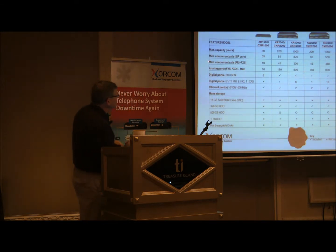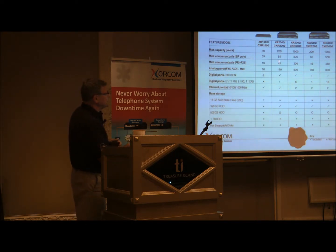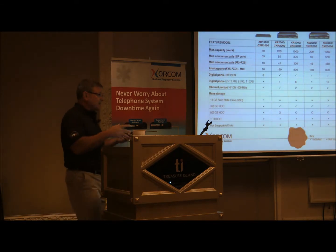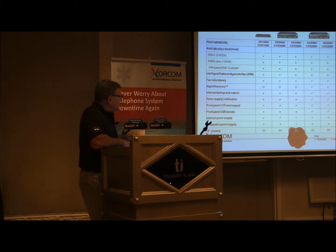What I was referring to earlier was the maximum concurrent SIP-only calls and the maximum concurrent PRI and FXS calls. And you can see the differential. It's a large differential between the two. And that's what we had been fighting against, competitive products in the field. We also provide all sorts of information here about analog ports, your digital ports, Ethernet ports available on the system, your mass storage, with RAID supported, intelligent platform management interface, fan redundancy, all the way down to swappable